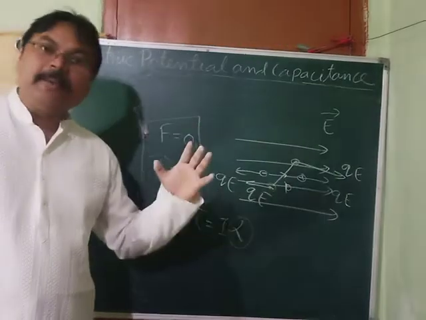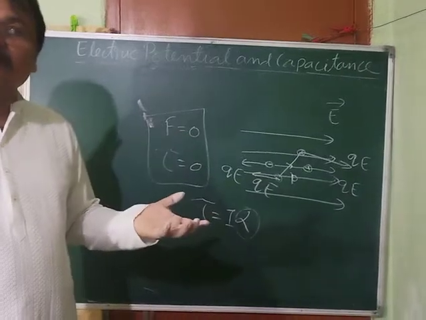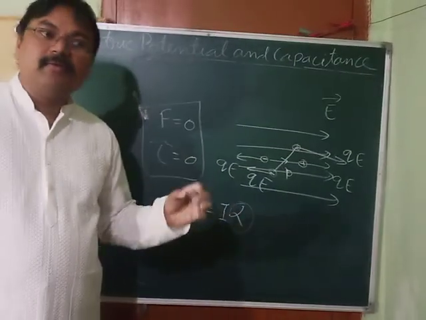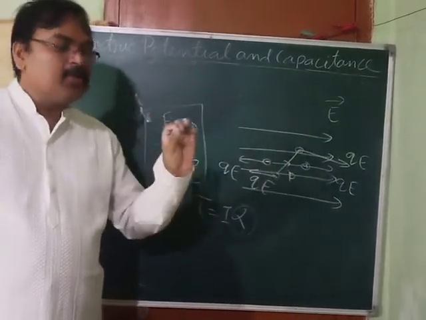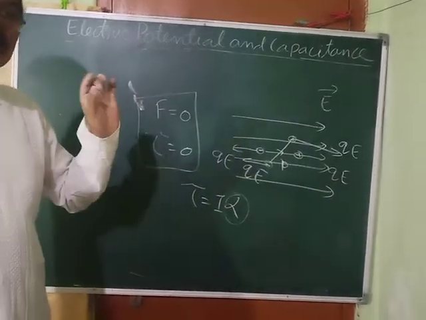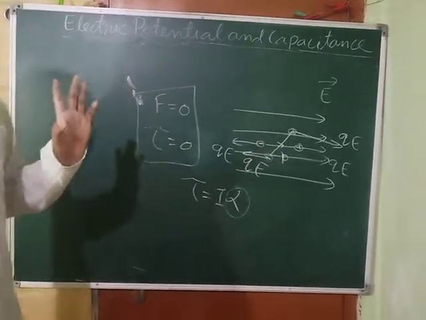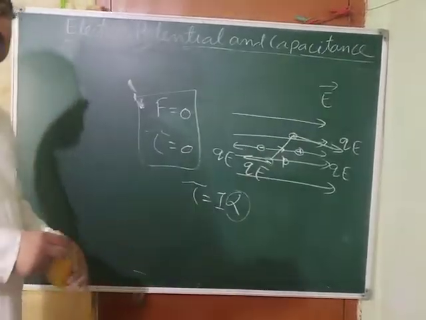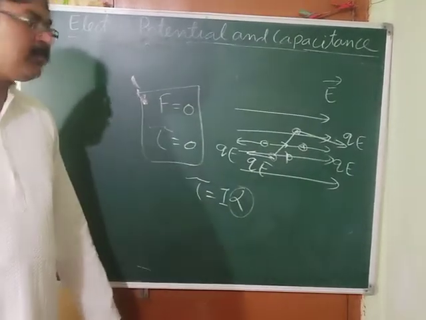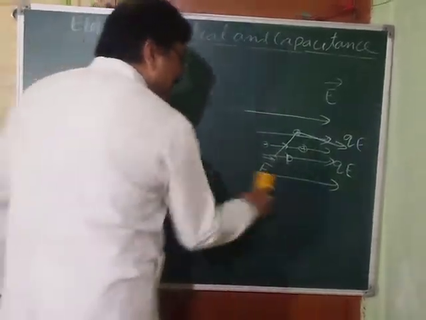That equilibrium position which, once disturbed, is regained by the body itself, is called stable equilibrium. If you want to write, you can write: what is stable equilibrium? That equilibrium state of a body which, once disturbed, the body regains its equilibrium position by itself. So that's why this situation is called stable equilibrium, when the angle is 0 between the dipole and the direction of the electric field. Clear? Now, next thing.